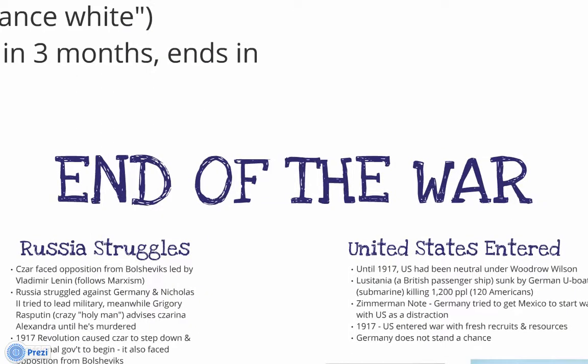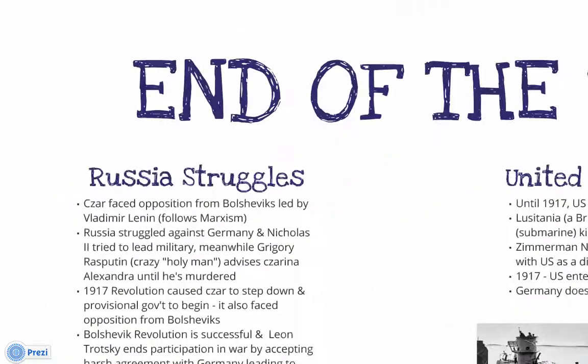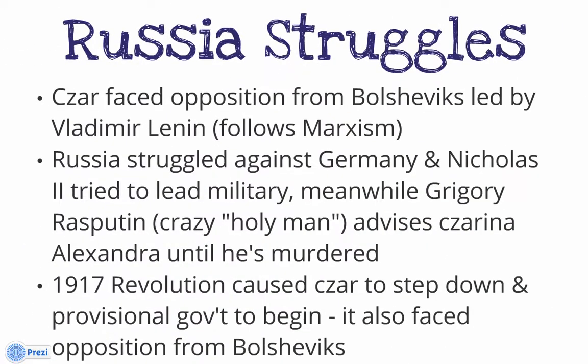When we talk about the end of the war, this is a lot to write, so I'm just going to tell you a couple points, and you can summarize at your will. When we talk about Russia, first of all, Russia is going to have a very difficult time during this time. They are very poor, because when everyone begins to industrialize, Russia is not going to get on the train. And I told you earlier in class today that Russia is going to keep their economy agriculturally based. So that means they're still big on farming. And this is going to make their nation very poor.